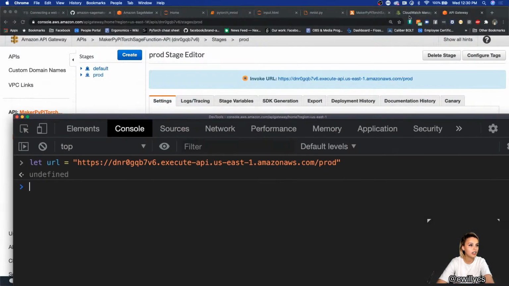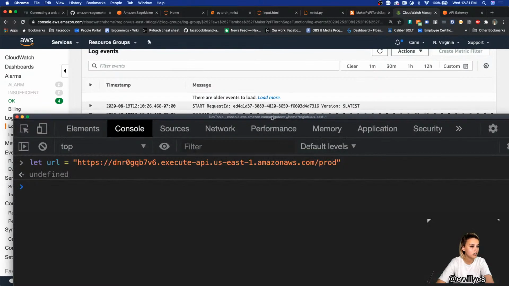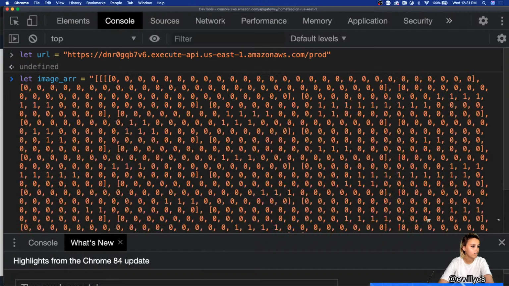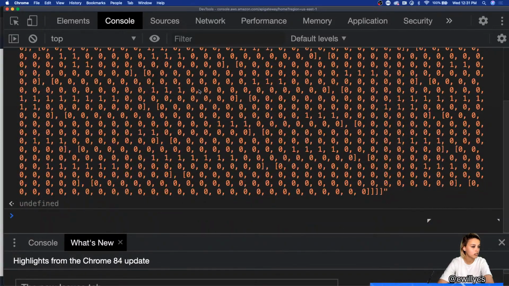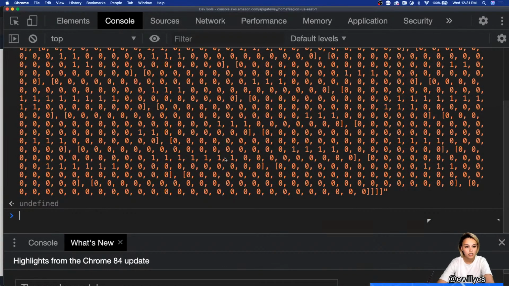Let me get that payload here. Let's see, wait. Yeah. I'll do that and go back here. I'll do let image array be this. Okay, so now we have the image array, we have the URL. So I'm going to make my payload. So set payload equal to